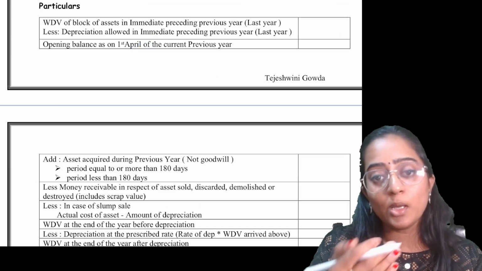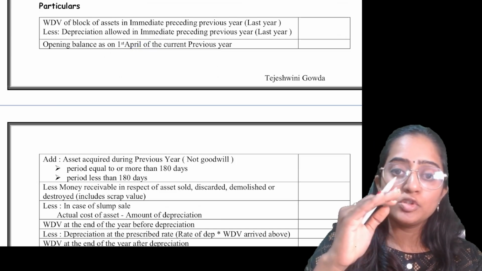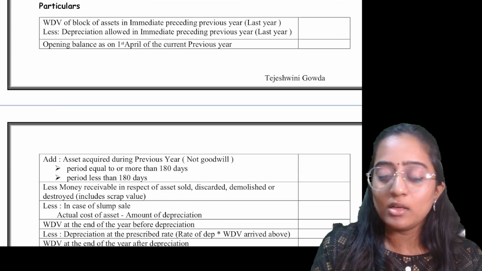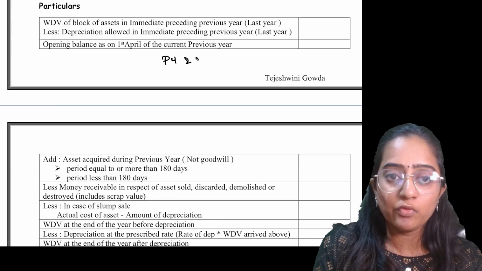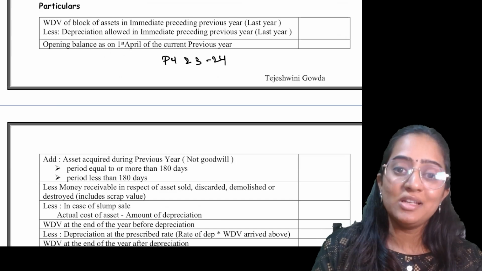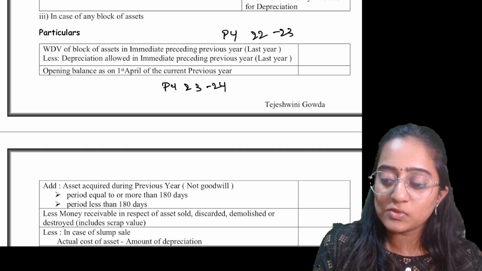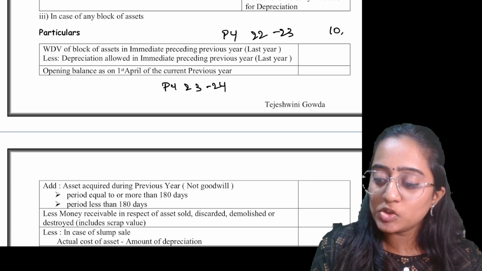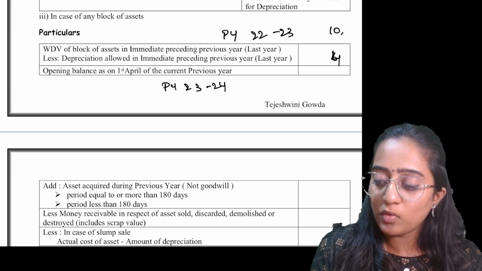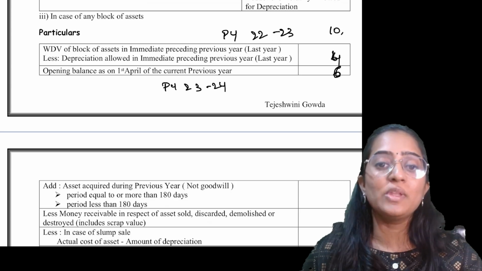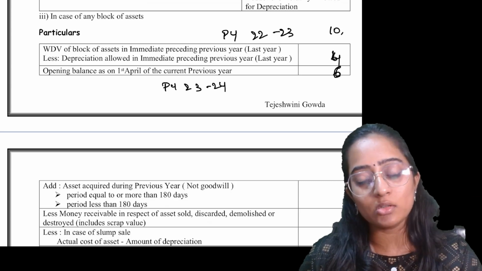If you want the WDV of the current previous year, suppose in the question the relevant PY for us now is 23-24, correct? So, if they have given in the question the WDV as on PY 22-23 is 10 lakh and the depreciation for the period 22-23 is 6 lakh, so let's consider 4 lakh. How much would have been your opening WDV? 6, no? So, in the question, if they provide the WDV of the previous year, opening balance of the WDV